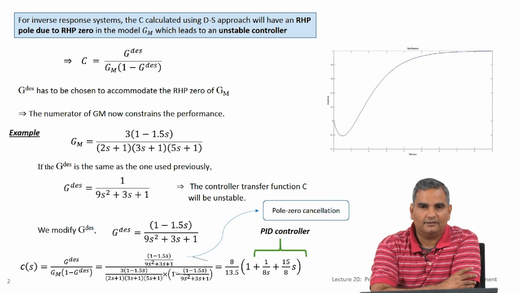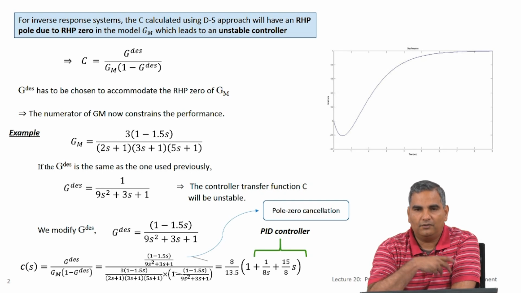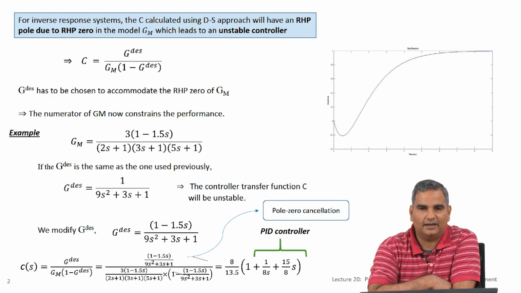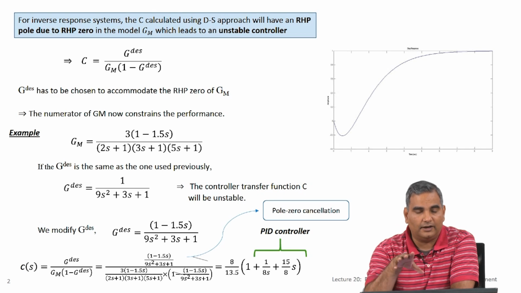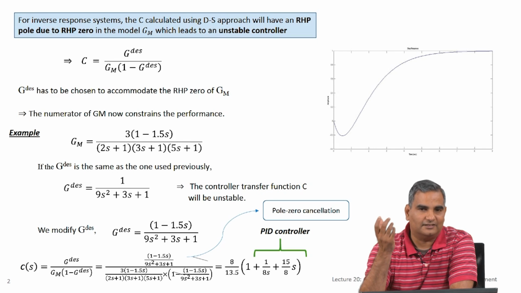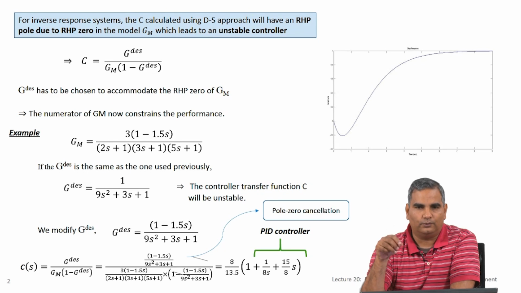And if this is the case, then what is the best solution that you can think of in terms of the control problem? The best solution would be in modifying our notion of the desired response of the system. So, if I know that the bike is going to turn left for a short bit, and I still have a G desired where I say, okay, whenever I want to turn right, I should immediately turn right, that is a G desired which is unconstrained. I can ask for anything, and I am going to ask that whenever I turn right, I should turn right, though the system itself is prone to go left for a little bit before coming right. I say I do not want it.